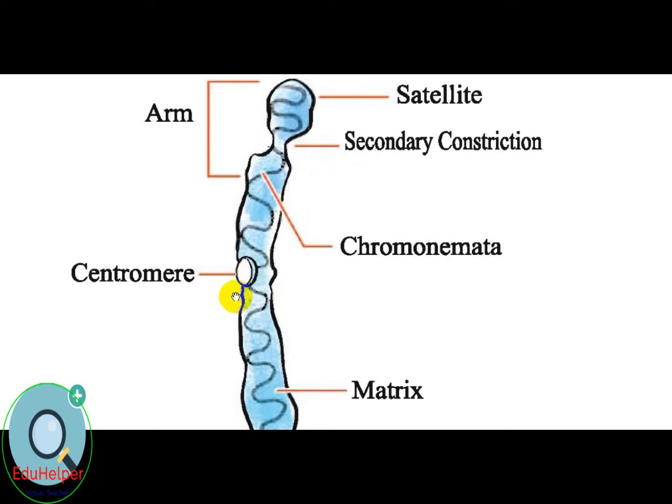A part of the chromosome is marked by a constriction. It is comparatively narrower than the remaining chromosome. It is known as the primary constriction or centromere. The centromere divides the chromosome into two arms, which may be of equal or unequal size. Generally, chromosomes have a single centromere, but in some cases they have more than one. The centromere is associated with chromosomal movement during cell division.